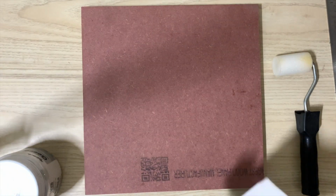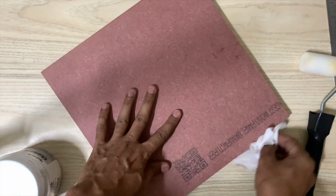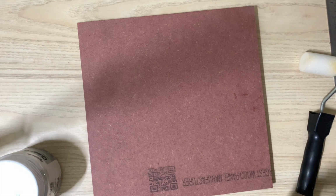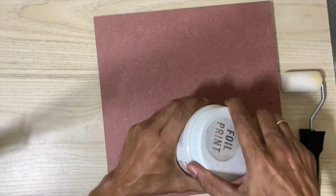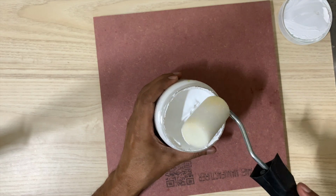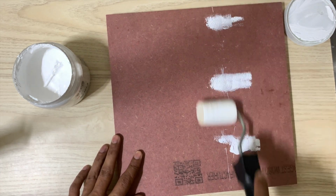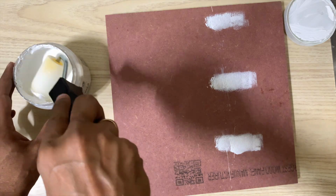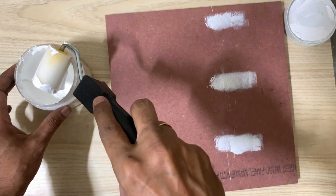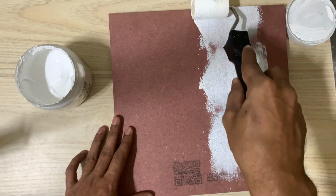As you can see, I have an MDF board of almost 18 millimeter thickness, and this board is very small. It's just a 12-inch by 12-inch board. So the first thing that we need to do is to prep the surface of the board. For that I am using this white gesso and a paint roller to coat the surface with a white gesso layer, and I will have to repeat this process multiple times to ensure that there is a smooth white